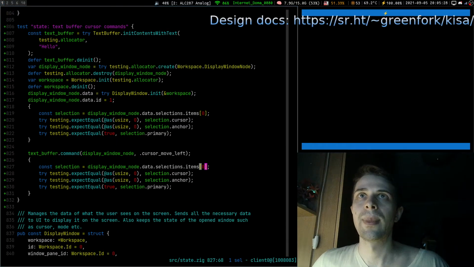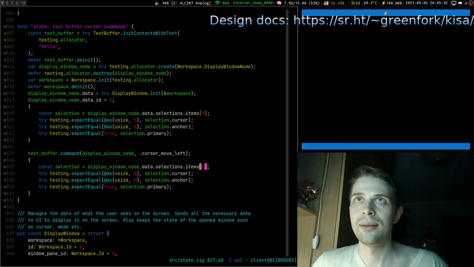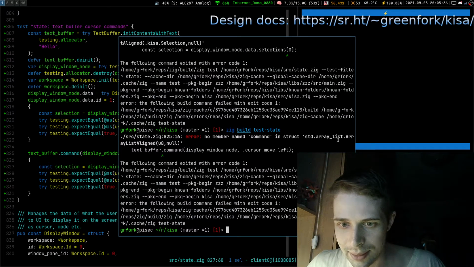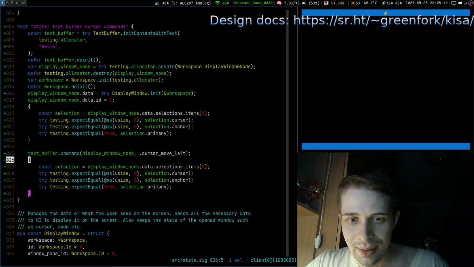So why does it say that? Why does it say that it is std array list u8? It is like our implementation, probably. What's text buffer?